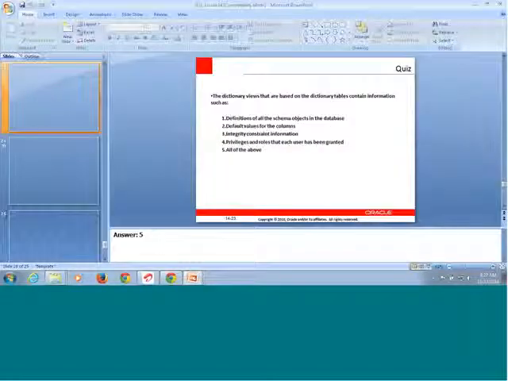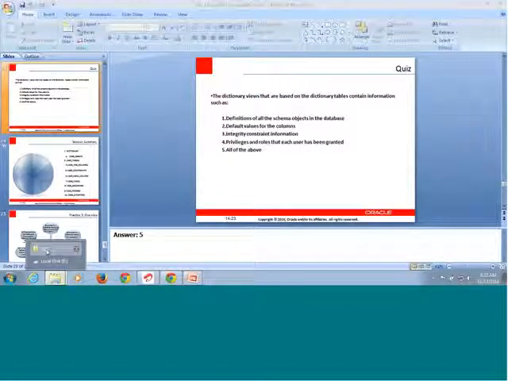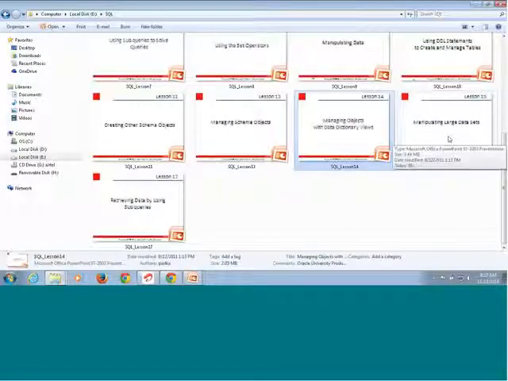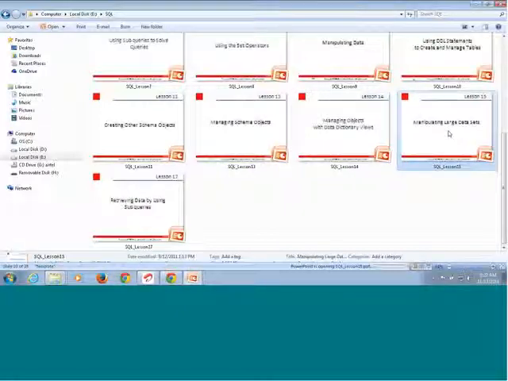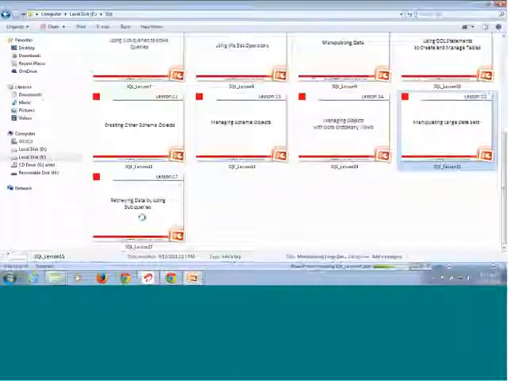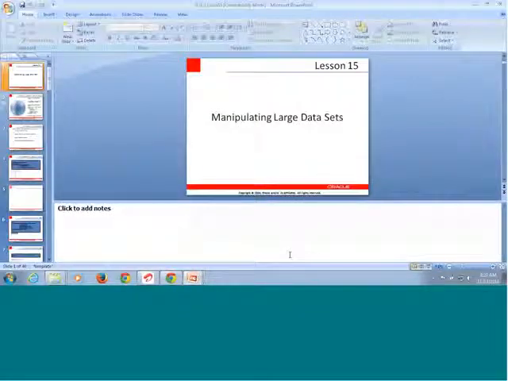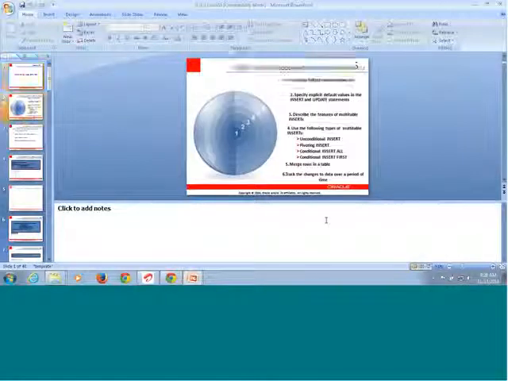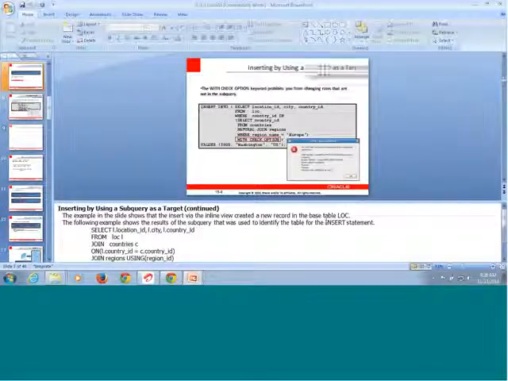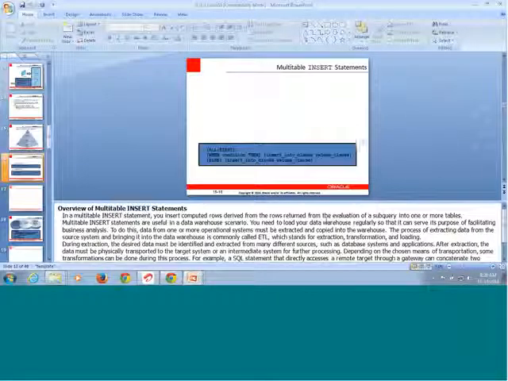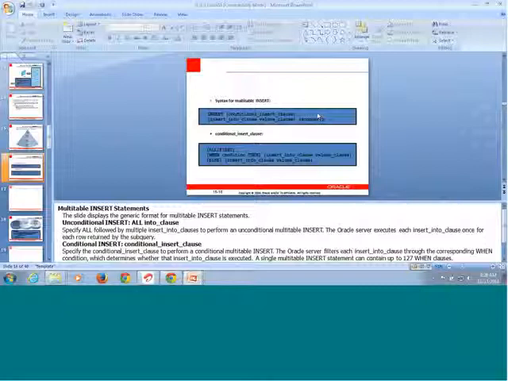Okay. I think most of the things we are done in SQL. So manipulating large data set is not much required. Subqueries, retrieving data using subqueries. We can have a quick revision on a subquery, because we have already covered the subquery. I don't know, it has been put in the last lesson. So yes, this is high advanced SQL.